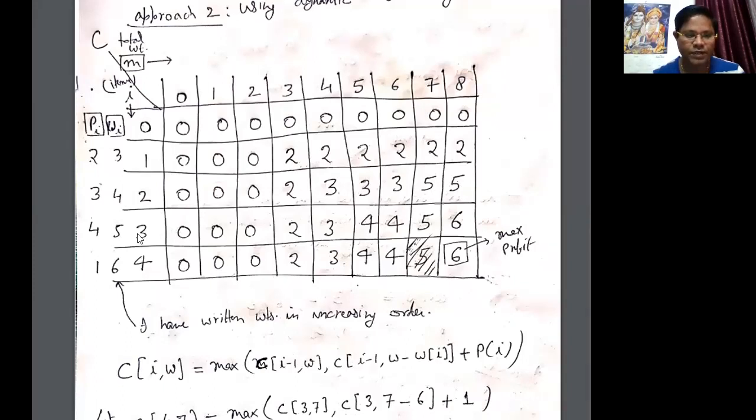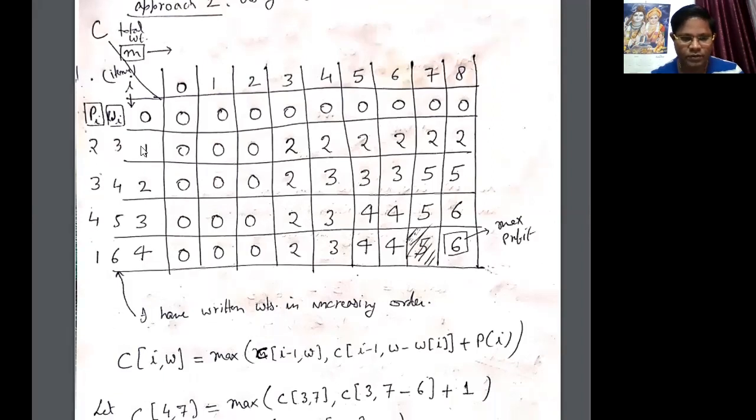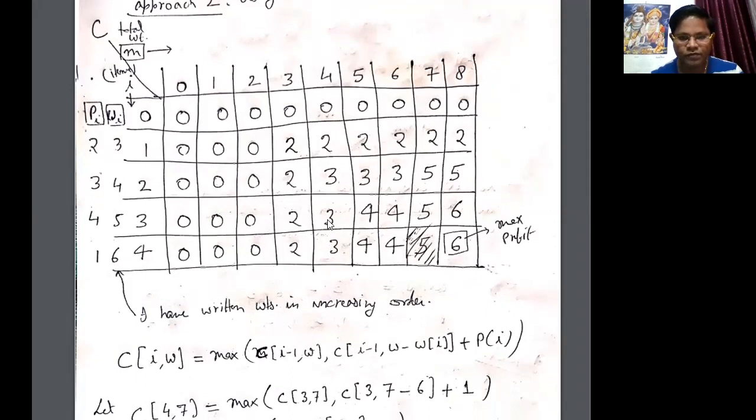Now again, let's move to when I equal to 3. It means we are picking 3 items. So this one, this one, this one, and this one. It means from here to the initial position, we have to pick all these 3 items. This column is already fixed. At position 1, it means 0, since there is no item of weight 1. For 2, it means 0, there is no item of weight 2. For 3, yes, an item of weight 3 is there, so just writing the value 2. For weight 4, the profit given is 3, written here. Just copy this 3. Now 5. For weight 5, the profit is 4, so just writing the value 4 here.